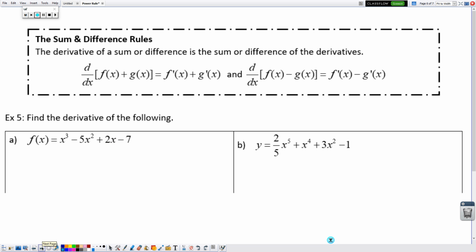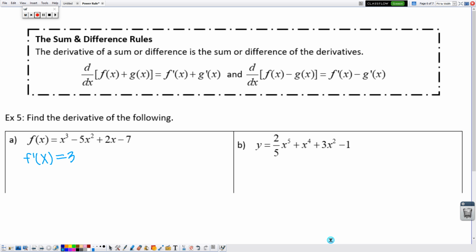Now for the sum and difference rules, all it's telling you is that you can actually take the derivative of each part one at a time and then add or subtract them as you please. So really everything is identical to what we've been doing, but we're just going to go through and make sure to actually do the derivative of each part. Okay? So, f prime of x